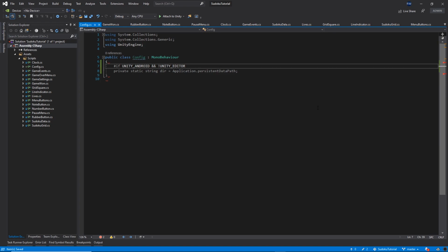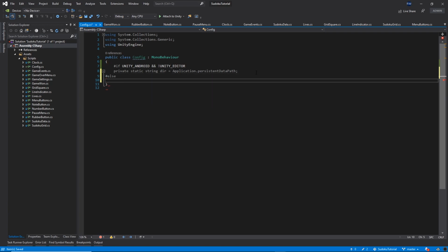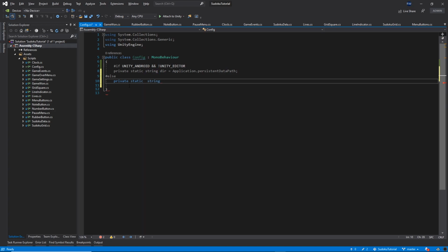Okay, so if we are on the Android devices and we are not in the Unity editor, then we want to use this path, so application persistent data path. Otherwise I will use the #else, and we want to put the private static string dir, make sure this variable name is the same as the one above, to be equal to Directory